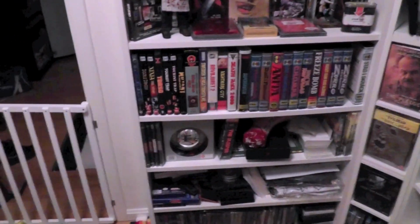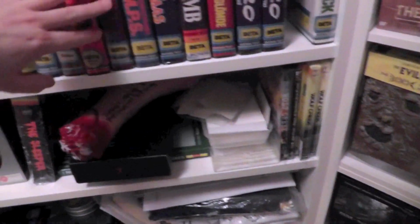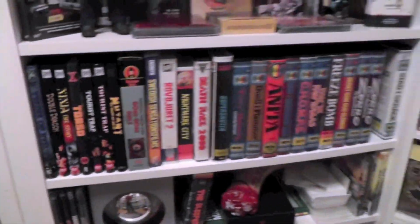Then below it here we got a bunch of all these Betamax tapes that I picked up at a flea market, plus some other retro-esque looking releases, some heart boxes and stuff like that. So I'm thinking, maybe down here will just be like a randomized retro collection of betas and...